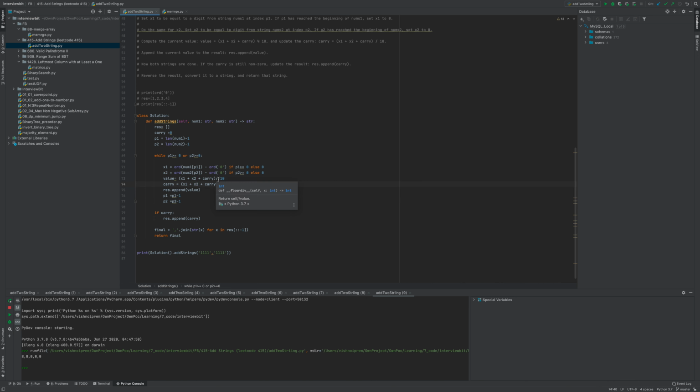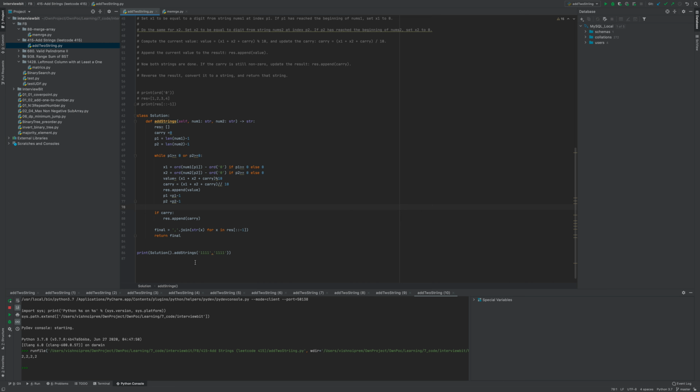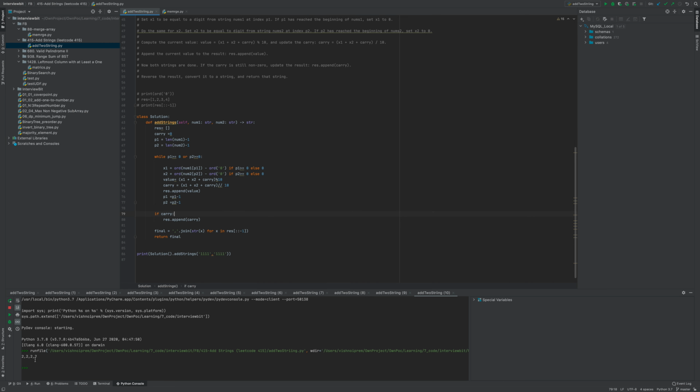So value would be, so we did wrong here. Carry would be this way. That's what we got wrong result. So 2 2 2 is correct, right? So this is what we are expecting,